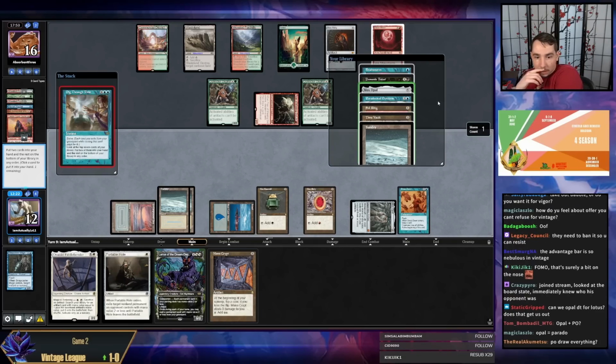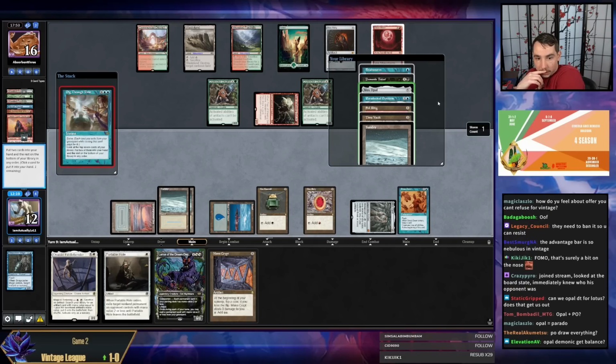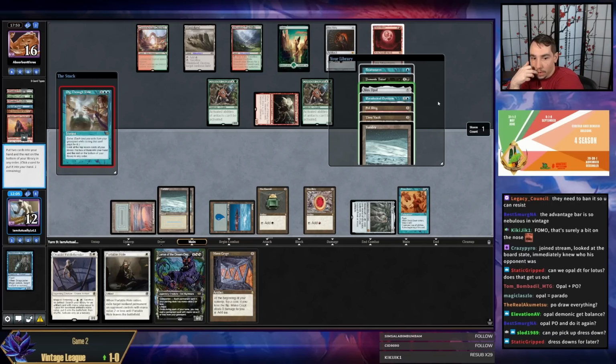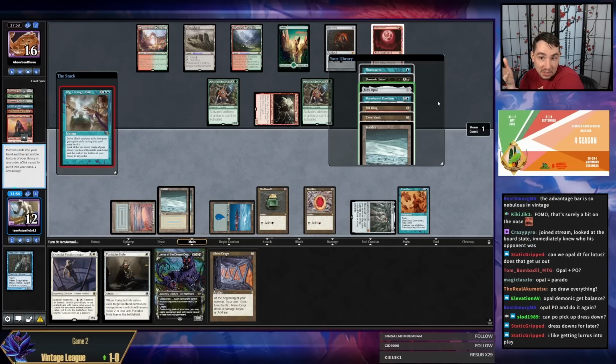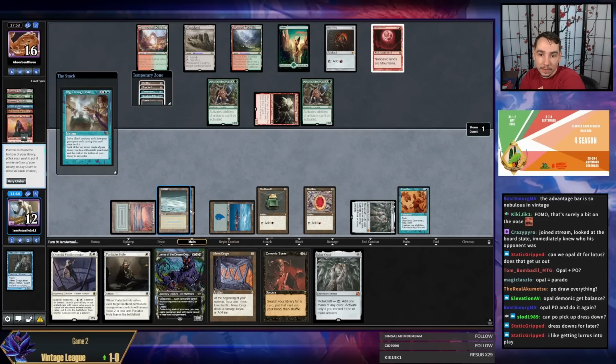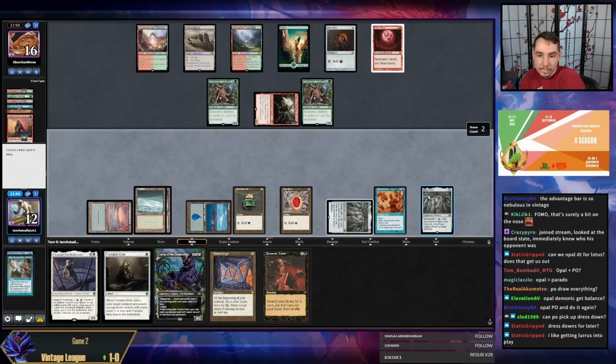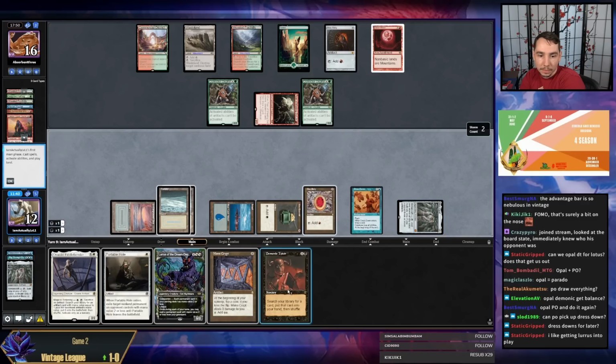Opal, Lotus, Dig Through Time plays a Lurrus and a Portable Hole. Opal, Demonic, Balance. Then I still need to draw a white source to get out. I can't Pio pick up Dress Down because I have no more blue cards. But having a Lurrus lets me maybe replay a Dress Down. That's probably the most valuable thing we've said so far. I'm kind of into that one. It's the only way to get future Dress Downs, so...